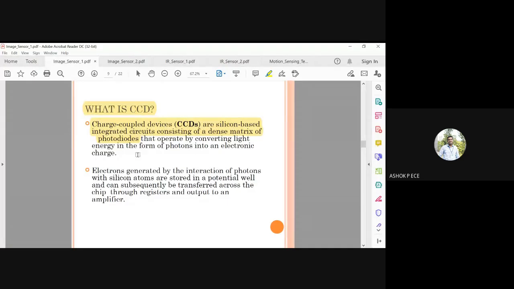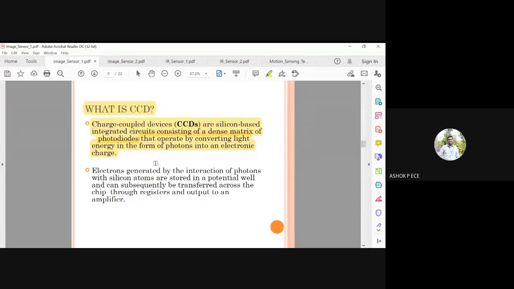Okay, so your CCD consists of an array itself. You will see that it is going to be a matrix arrangement of photodiodes. The operation principle is light has to be the input and output is energy. Output is in the form of voltage or current or charge. So they need light for operating. They convert light energy into electronic charge, or they can convert photons into charge.